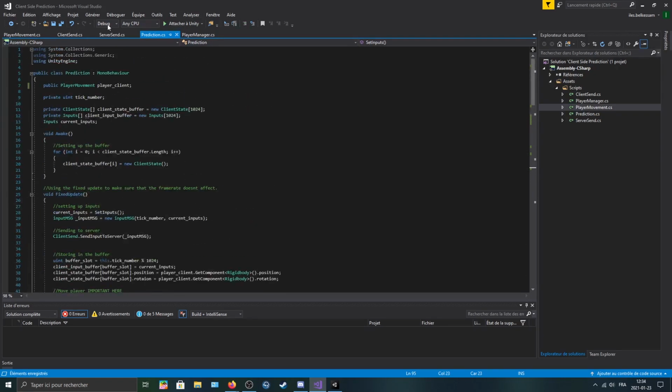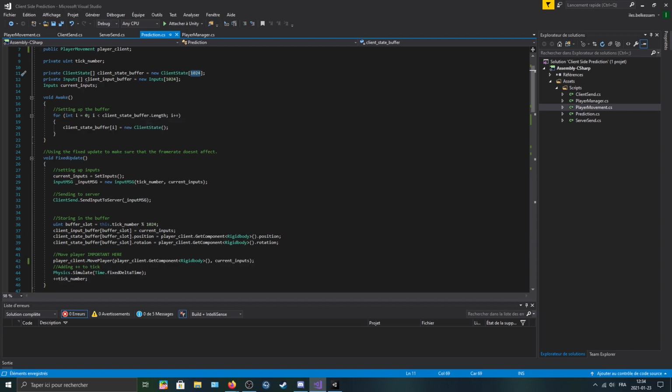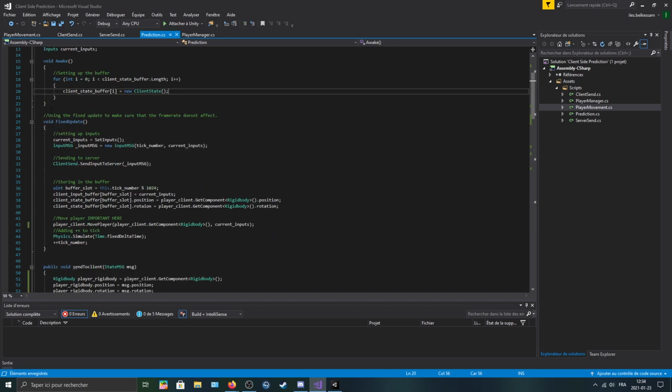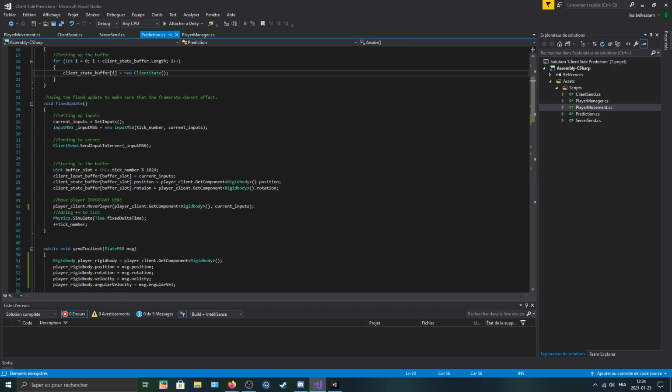In the prediction code, we have a public player movement, or whatever controller you're using, a uint called tick number, and a client state array called client state buffer, a new client state with a size limit of 1024, which will be your buffer size. The same for the input buffer, and an input called current input. After that, in the awake method, we're going to set up the input buffer. In FixedUpdate, or whatever method you use that is called every tick,